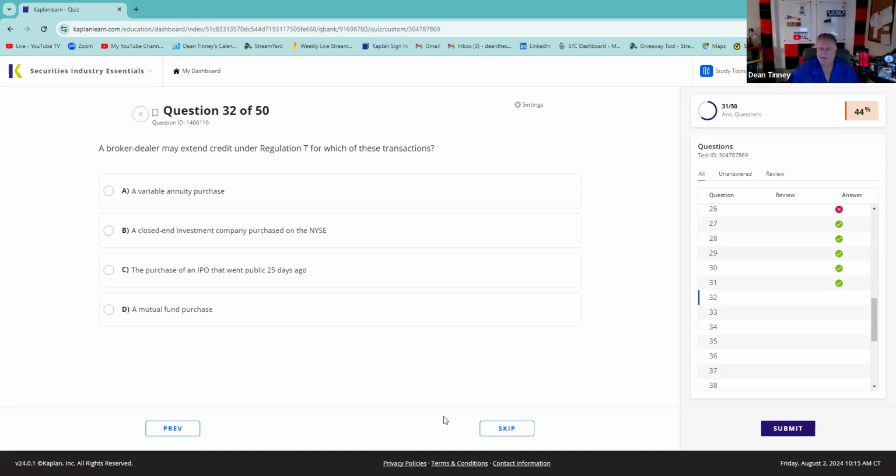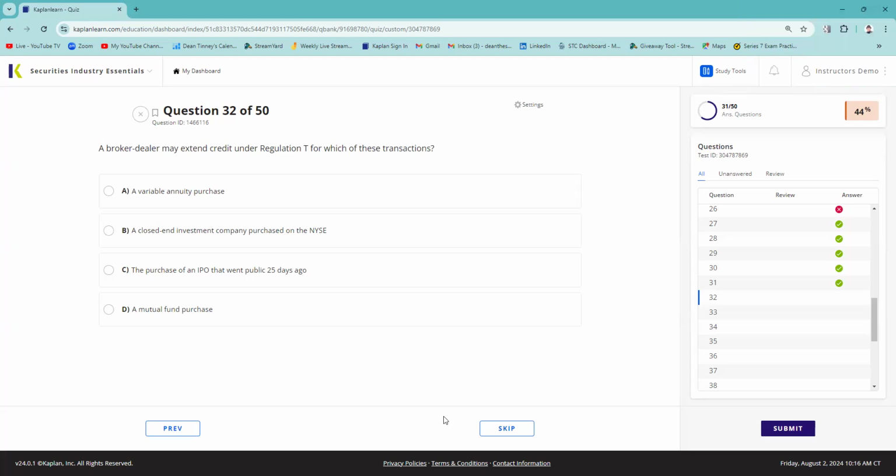So I can lend you money to buy the Mexico fund. MXF trades on the New York Stock Exchange. Bill Ackman, we were just talking about how that thing blew up on him. I shouldn't say blow up. I'm sure he would take exception, withdrawing his registration statement. But here's my point. If that closed-end fund went public and then you wanted to buy it on margin, I'd say, Allison, it's a closed-end fund and can be purchased on margin, but right now it's still a new issue. And you would have to pay in full. You say, well, Dean, how long before I can buy that Pershing Square closed-end fund on margin? I'd say, closed-end fund you can buy on a margin account.